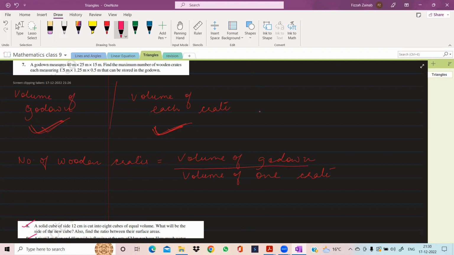Is this the final answer? No. No, Jaslyn, some mistake is there. Do it again. First of all, 0.66 will not come because you have to find the number of wooden crates, the complete wooden crates. No, 3 is not the answer. Please solve it carefully. Length into breadth into height. Find it out first of all. Then find out this one. And then